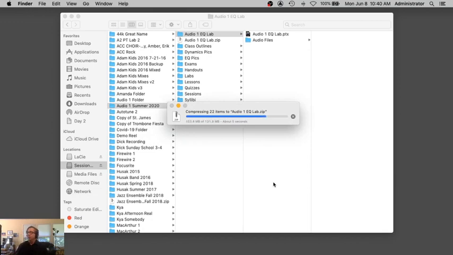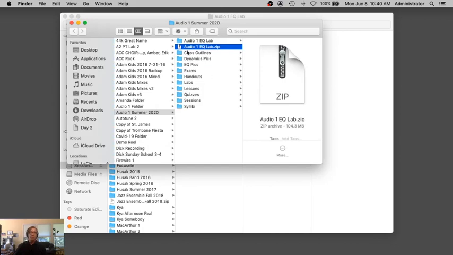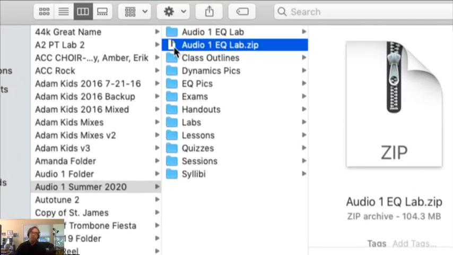What zipping, compressing, does is put everything together in one monolithic file that I can just email to you guys, or send however. So you guys are going to email a file like that to me. Please put your name on it. Some of you are turning in homework and you don't put your names on stuff. I know who it is from the email, but once I download it and put it in the folder, I don't know whose it is, right? So please label your